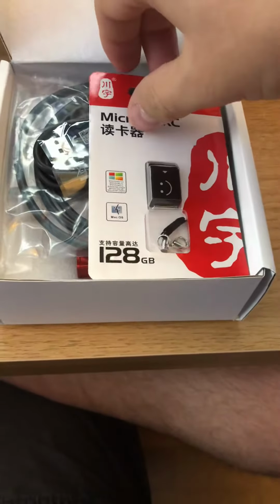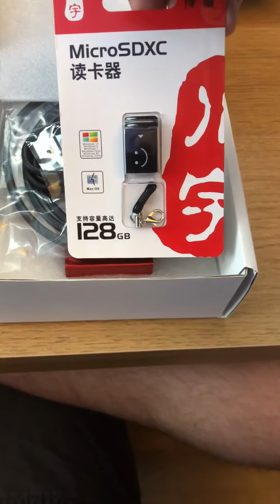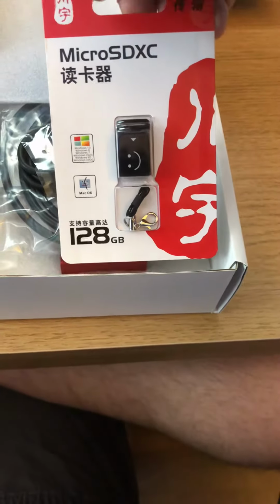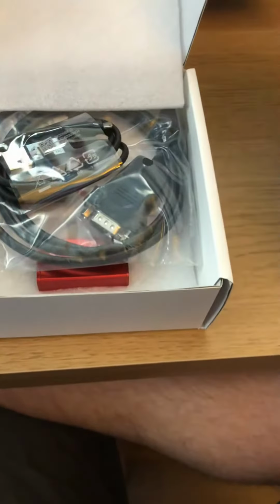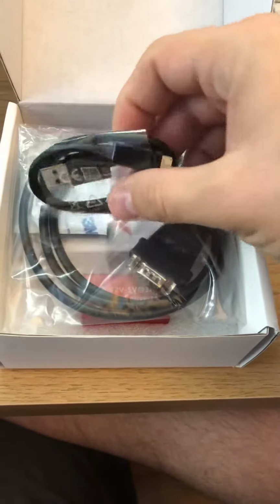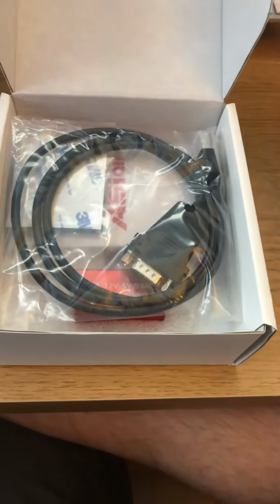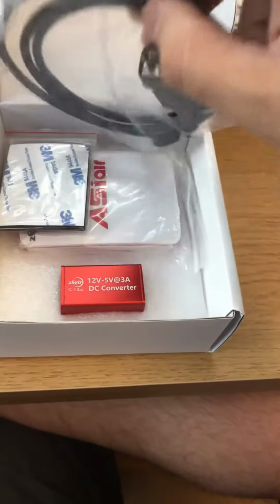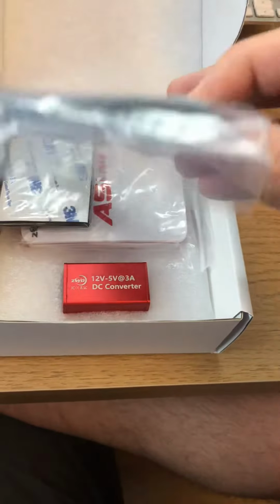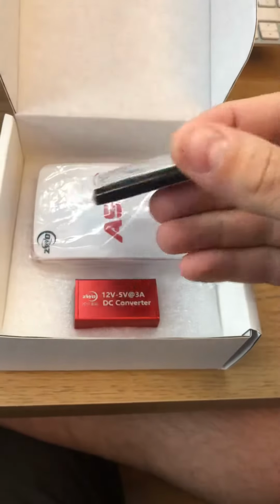So we have an SD card. This is a test model, so it might have a larger memory card than I think they were always standard. A bit of polystyrene. That looks like a USB power cable. A USB serial adapter, a sticky pad,